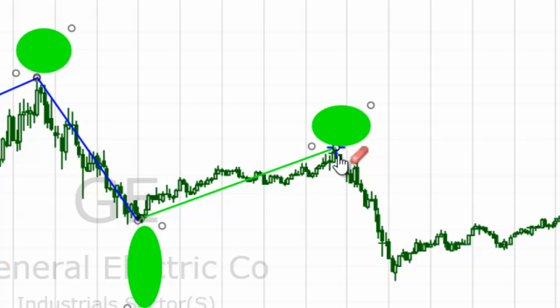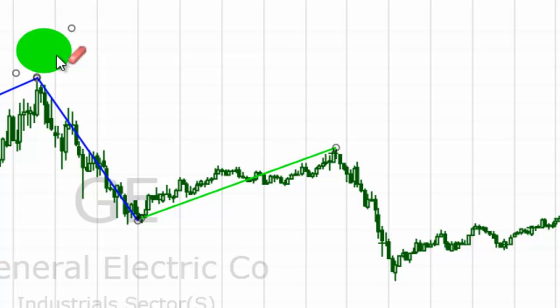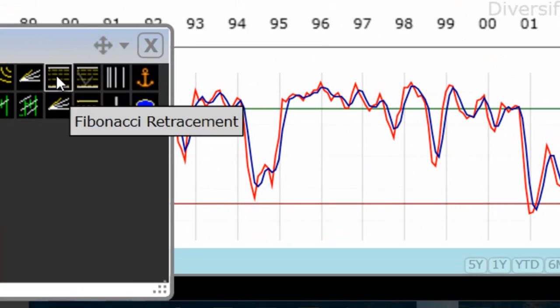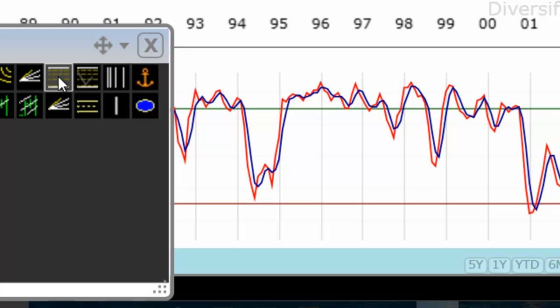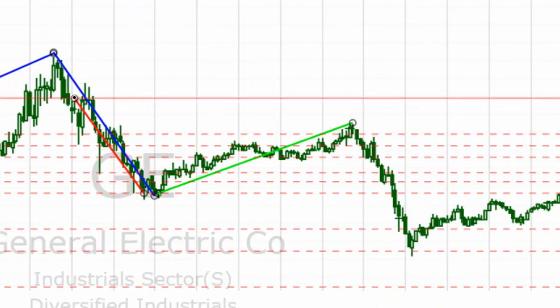The C part of the zigzag pattern very often will bring the price into which zone? The 138.2% and the 161.8% Fibonacci extension of the A part of the zigzag pattern. In some cases, it can go down all the way to the 200% Fibonacci extension level of the A part of the zigzag pattern. Now you know the story, and let's see whether the last part of the story is verified or not. We're going to use now Fibonacci